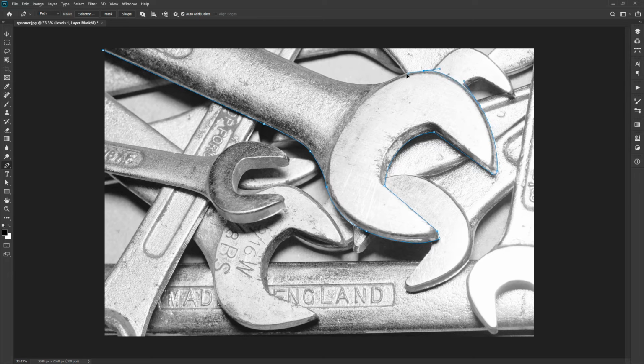Complete the path on the edge and click on the first anchor point from where we have started to complete the path. We need to learn and practice the usage of the Control and Alt key here. You might have observed that when you press the Control or Alt key, your tool has changed to a different tool. When you press the Control key, the tool is converted to the Direct Selection tool for temporary use.